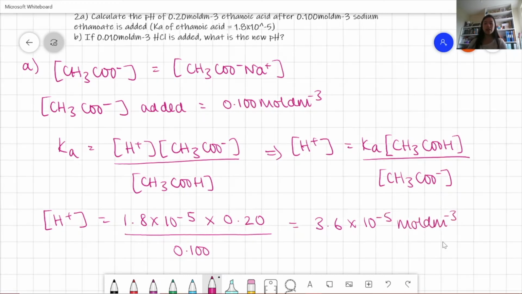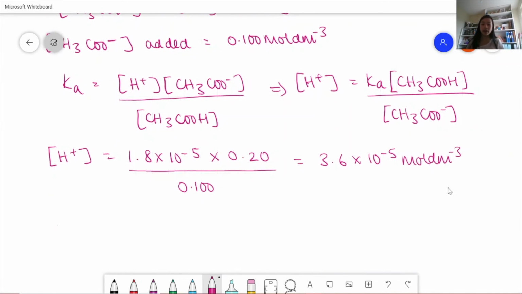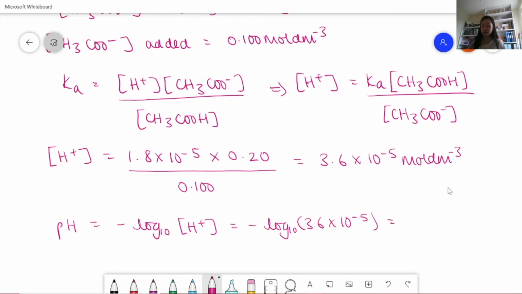And then what we do is we use the pH equation. So we have pH is equal to minus log to the base 10 of the concentration of H+ ions, which is equal to minus log to the base 10 of 3.6 times 10 to the minus 5, and this comes out to be